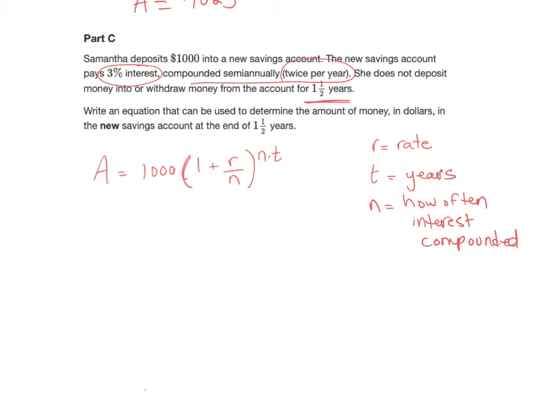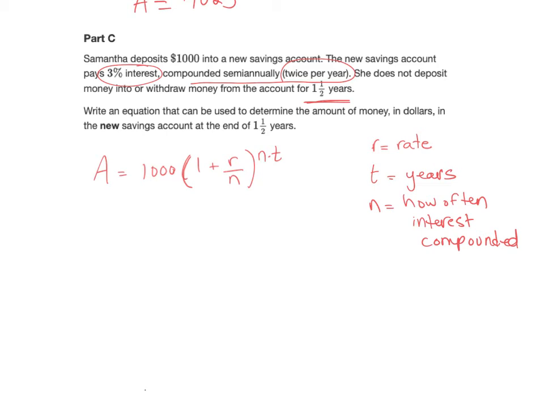So write an equation that can be used to determine the amount of money in dollars in the new savings account. So when it says to write an equation, okay, we're going to take the equation they were given us,